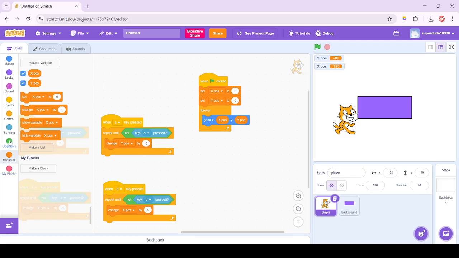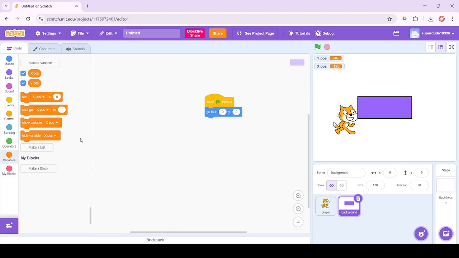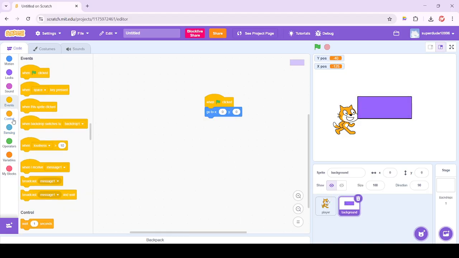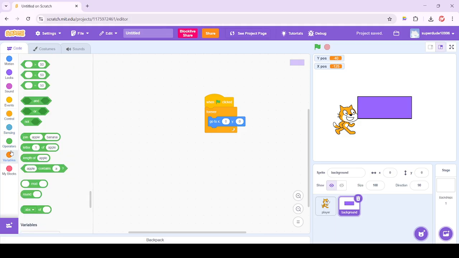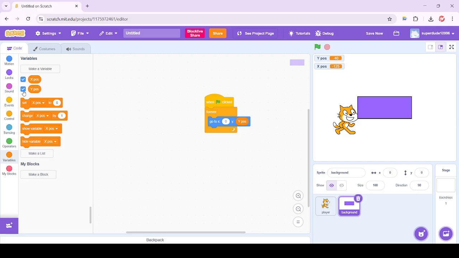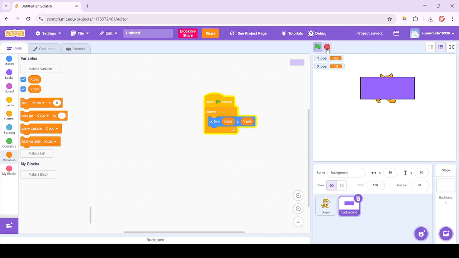Anyways, so now we want the background to move. We want to have another forever loop, and we want to have the background move instead of the player. So we're going to also have it go to the X and Y pose. But now I notice it's literally just going to the player. That's not what we want. You'll also notice that the direction of it would be inverted. If I press W, this should go down, since my player should be moving up away from it, but that's